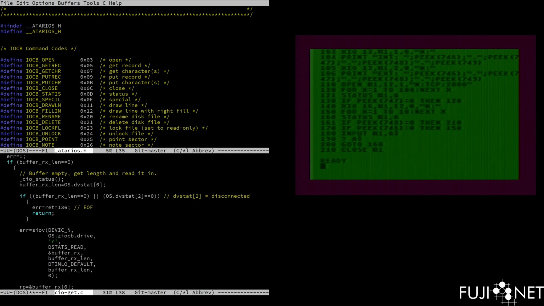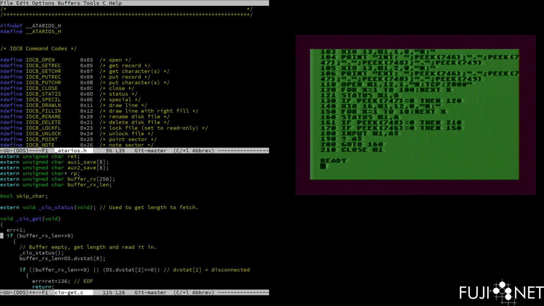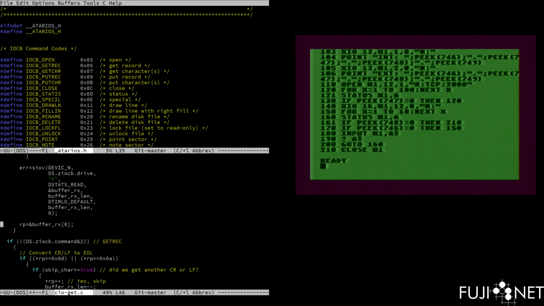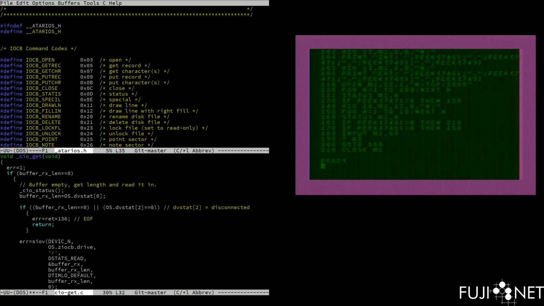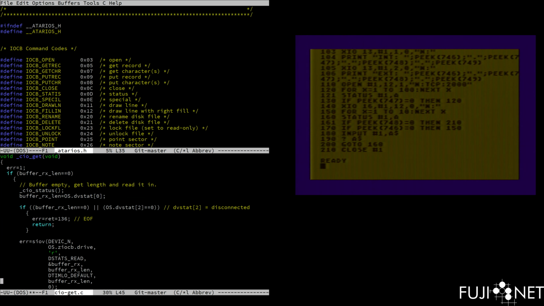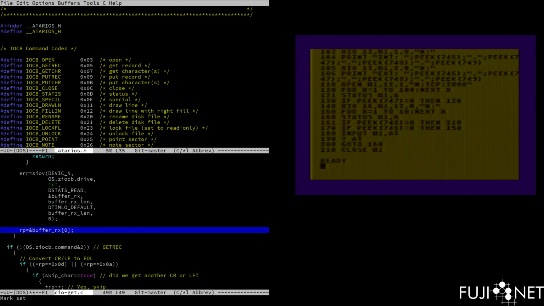If for some reason our buffer is empty, then we do a TCP read for the number of bytes that are actually waiting in our buffer, which we got from our status here, which is one of the reasons why we call our status here. We set the receive pointer up, and then we go ahead and figure out,